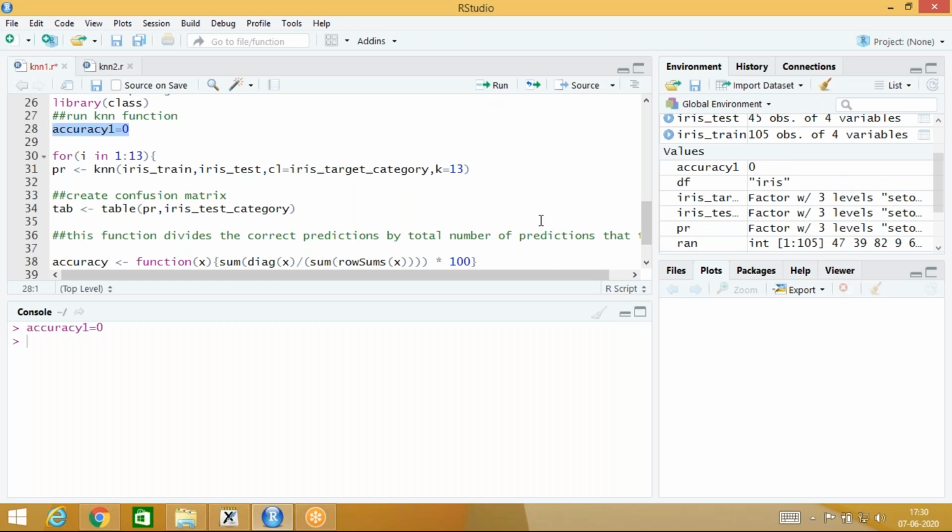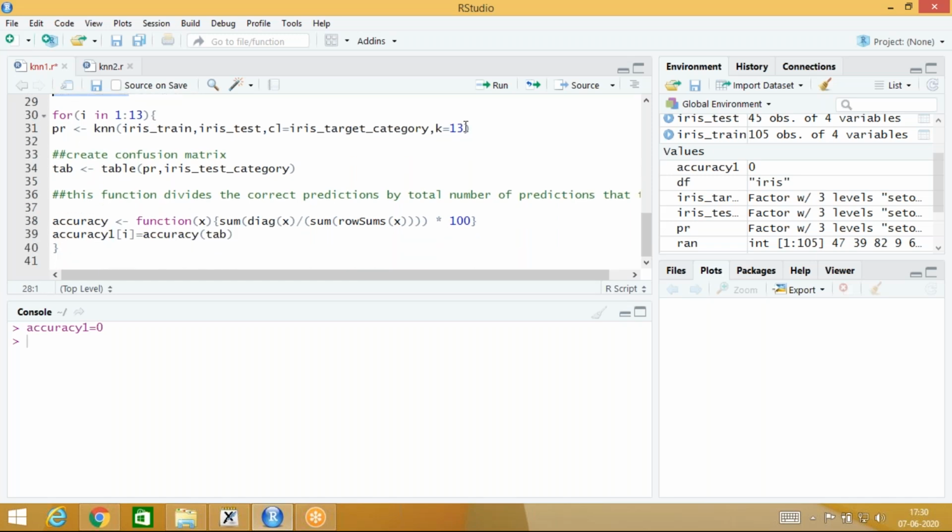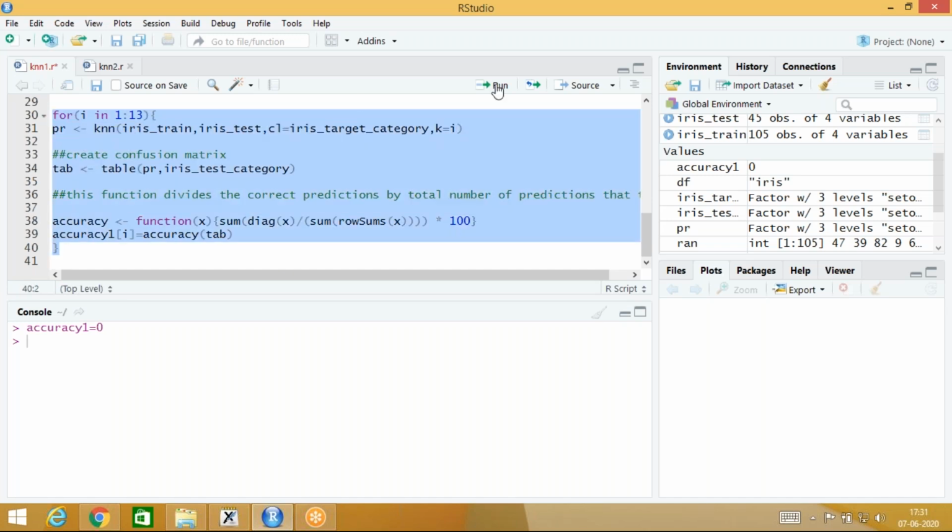Then I am running a loop. For I is equal to 1 to 13, that k is equal to I, and for each of them, it will calculate the accuracy and save it here. So if I now just run this loop,